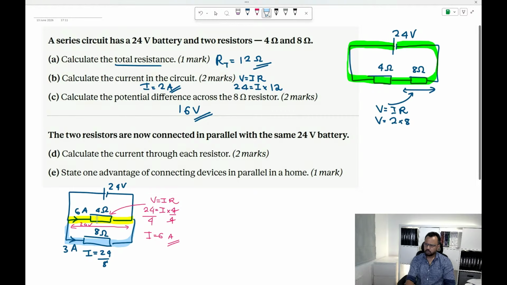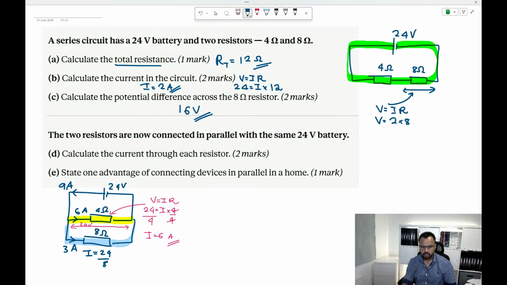Now, where did we get these two currents? It started from this top one here. This particular question is not asking for that value, but do you understand the current in the main branch should be 6 and 3, 9? The question is not asking it, but send me a letter if you understand why. Yeah?